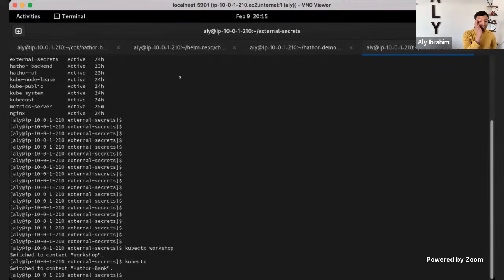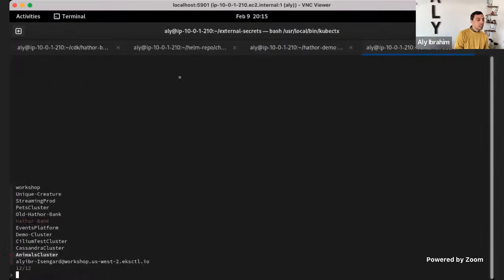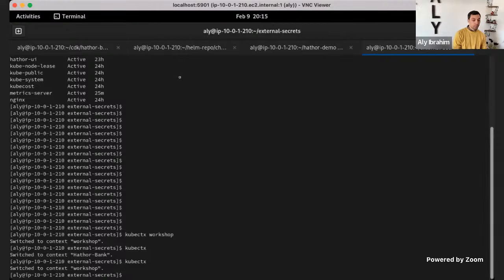The command itself is set context, and you define the context name. And I don't really remember that anymore. Or if you're working with cloud providers, you need to update the kubeconfig again from the cloud provider command line, which is very cumbersome. But kubectx makes it easy, even interactive, for you to switch between your clusters and deal with them.